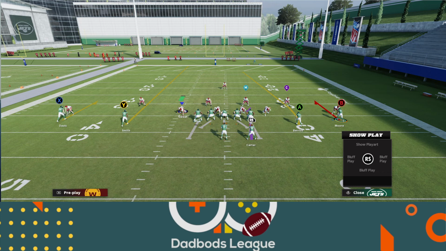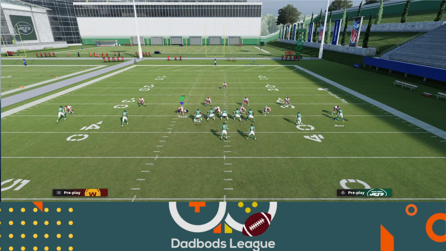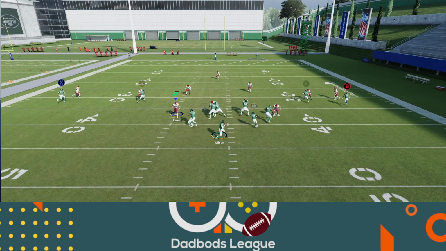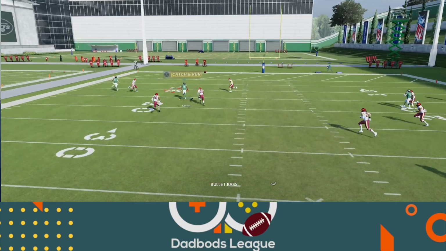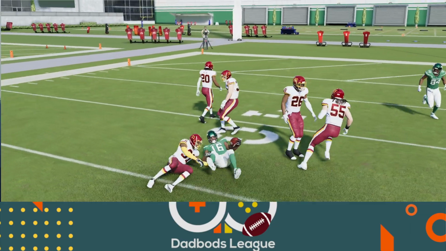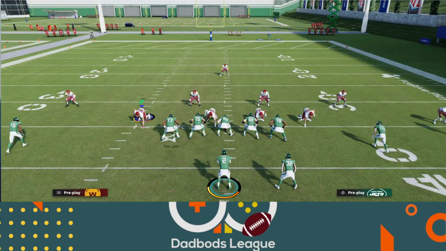So I'm going to look for Smith as my first read. The other thing I'm going to do, these hitch seams try to occupy the corners with the little hitch routes. I don't like that at all. And so I'm going to send both Moore and Davis on flies. So this is really closer to a four verts because I want those corners a little more out of the way. Let's see what happens here. So we've got Smith is able to find a little bit of a seam there,